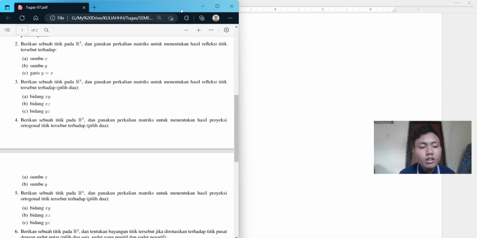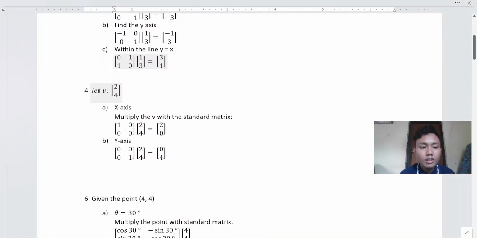Next is number 4. Given a point in R2, use matrix multiplication to find the orthogonal projection of the point. Let's use, for example, the point (2, 4). The orthogonal projection onto the x-axis is found by multiplying v with the standard matrix. So the standard matrix is